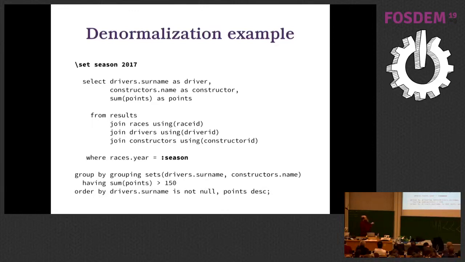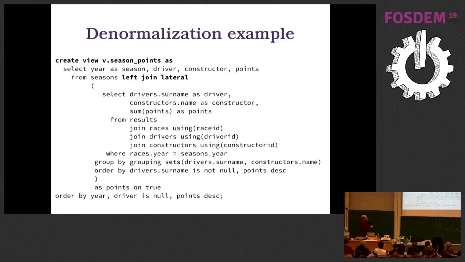But let's say that query is on the dashboard when the guys are logging in. So each time someone logs in on their nice dashboard for Formula One races, they have a nicely updated value for the current season, maybe, or something like that. So you are recomputing this thing for every login. Maybe you don't want to do that. So maybe you want to cache the information. So you cache it by creating